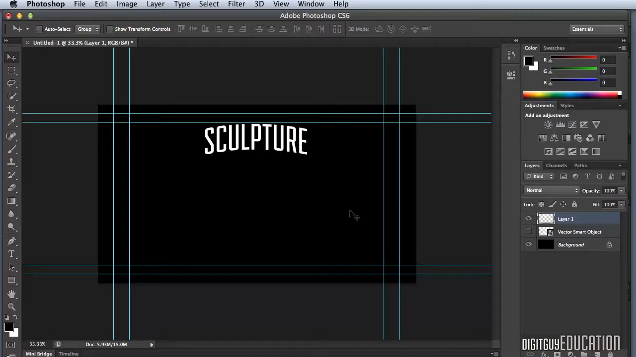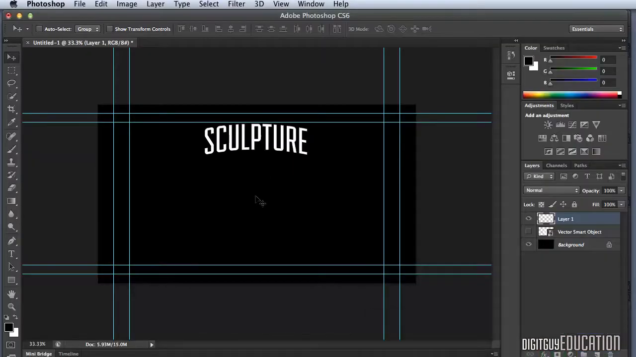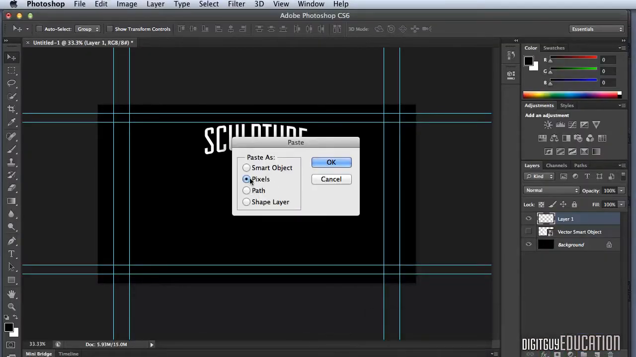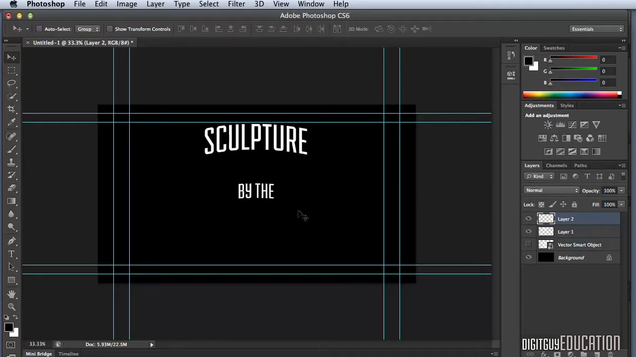I'm going to Command Tab back to Illustrator. This time I'm going to lock those layers because the by is quite small and hard to select, so I'm going to copy that, Command C like that. I'm going to Command Tab back to Photoshop and Apple V for Victor, and again I'll paste as pixels. Press Return. I'm going to move that up like this, and while I'm here I might as well name my layers. So this layer here is going to be Sculpture like that. This layer here is going to be By the,